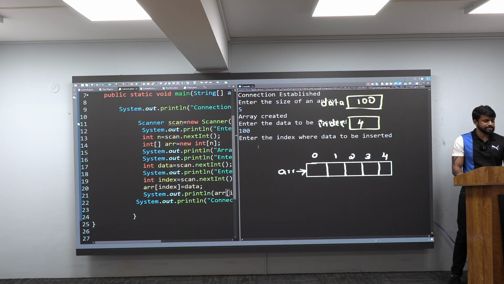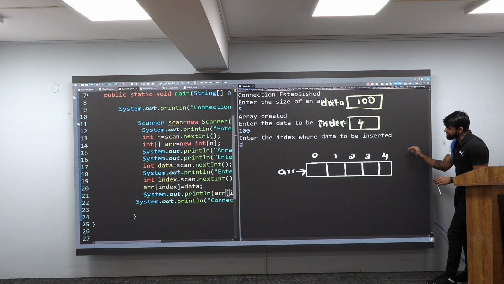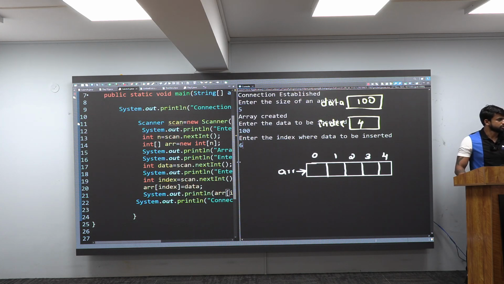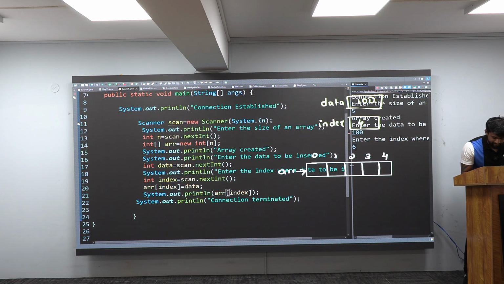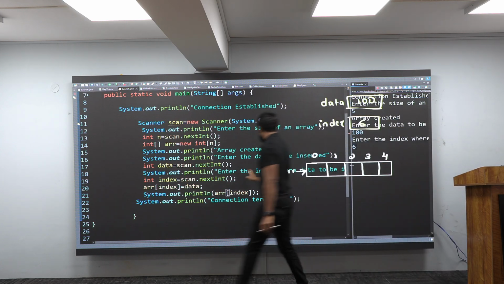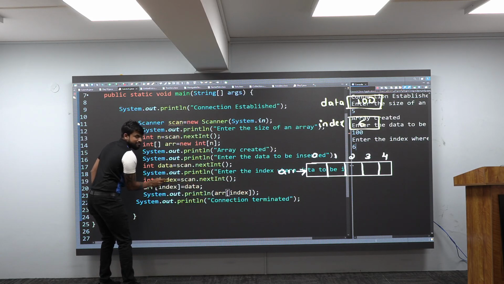What I will do is, enter the index where data to be inserted. I will give it as 6 like this. What is that? 6. Means you are telling that in the 6th index, you please store the data inside an array. That is the meaning. Do you have the 6th index here? No. You watch this now. So this 6, if I hit enter, you are scanning it. And where you are putting it in? Inside index. Means inside index, 6 will come and sit.